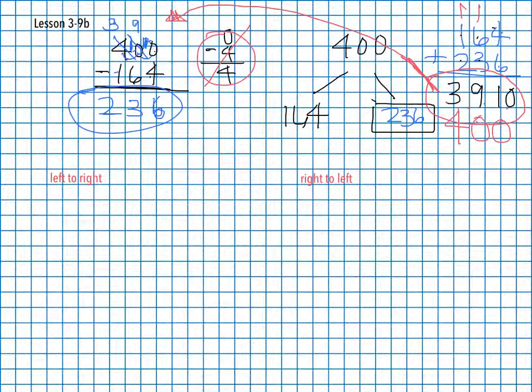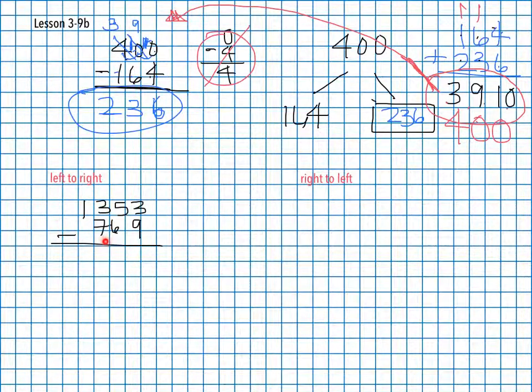Now, one of the things when you do the practice problems, whether you go left to right or right to left, if you are doing one way and you keep getting them wrong, try doing them the other way. So let's look at 1,353, and we're going to subtract 769. Now, one of the things when we go from left to right is we have to start noticing our